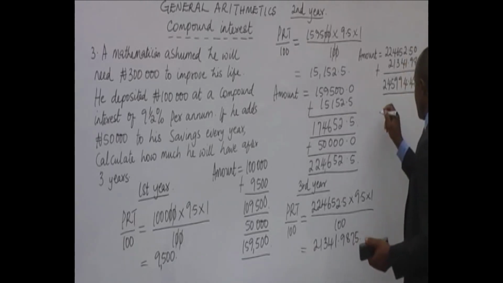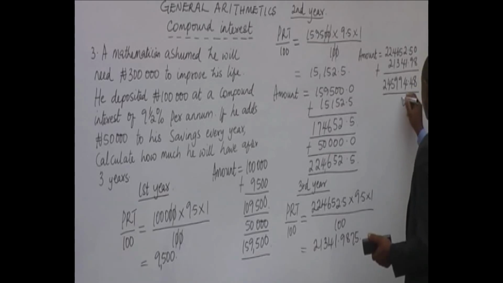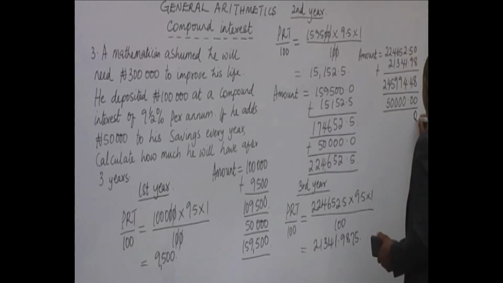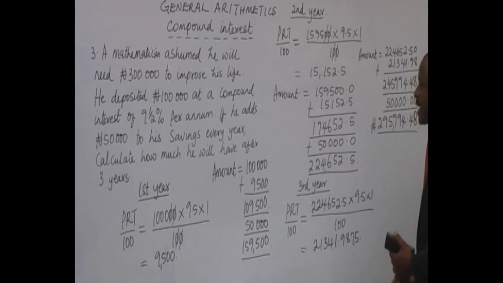Now add the 50,000 he always adds to his interest. Whatever he gives you will be the amount that he's going to have after 3 years. This will give you 8, this will give you 4, 9, 9, 5, 9, 2. He's going to have 295,994 naira 48 kobo after